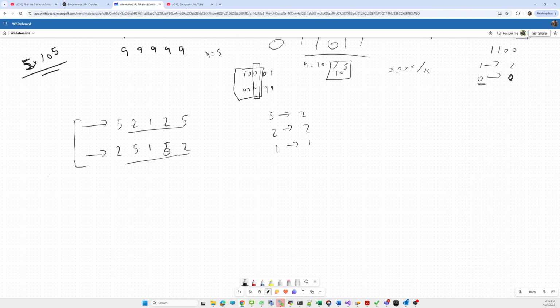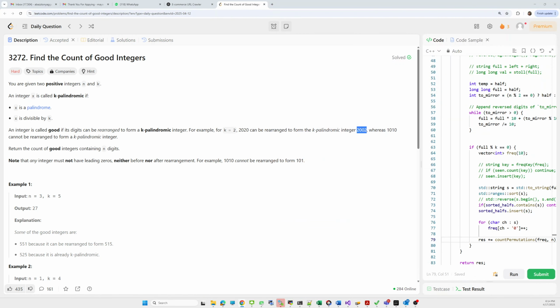So what we did, we just take this string in a sorted order like this, 1 2 2 5 and 5, and keep it in a set. So while iterating in the future, when we are iterating this combination, we check in the set whether the particular combination is available in it or not. If it is available, then we directly continue and do not handle that.